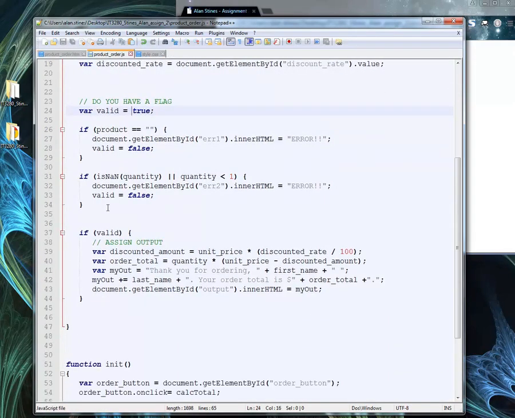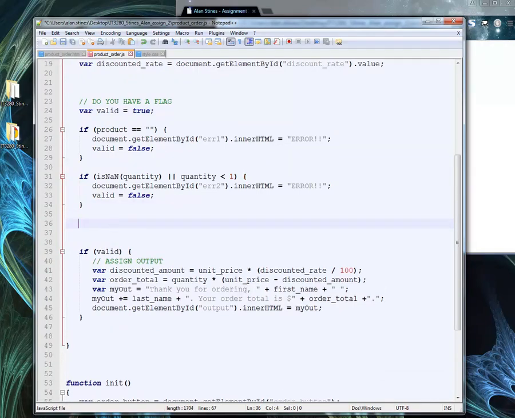Let's do one that's actually not in the select drop-down. So I'm going to look down at the card. Do the card number down at the bottom. That sounds like a good one. So the way I can check the card number at the bottom is I can say if it is not a number, card number, or,